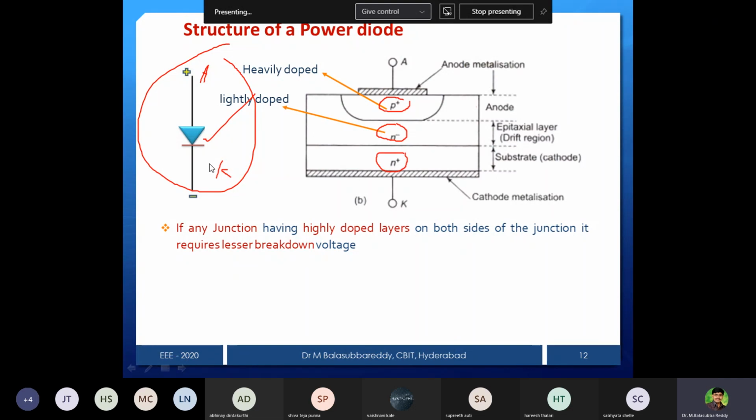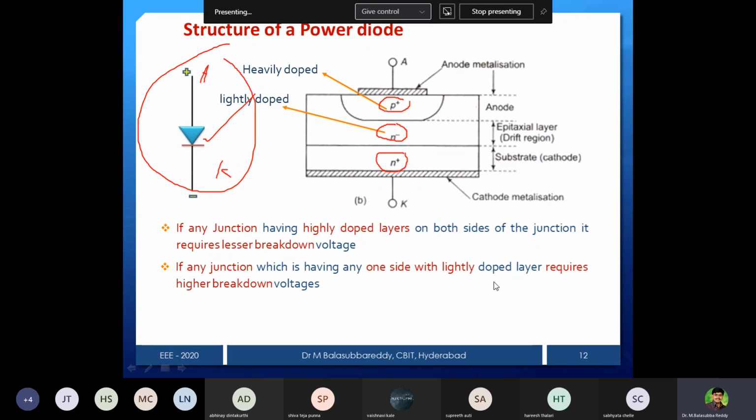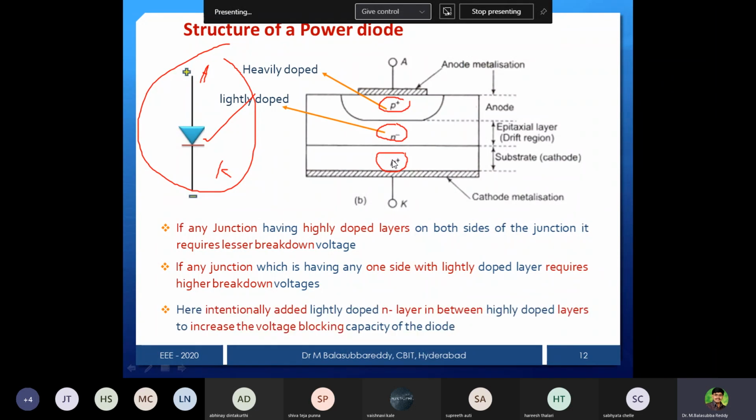But in our case, you can see that one side is lightly doped, and it requires a higher breakdown voltage, because this P plus is heavily doped, but on the other side N minus is lightly doped, then we require a higher breakdown voltage. So here